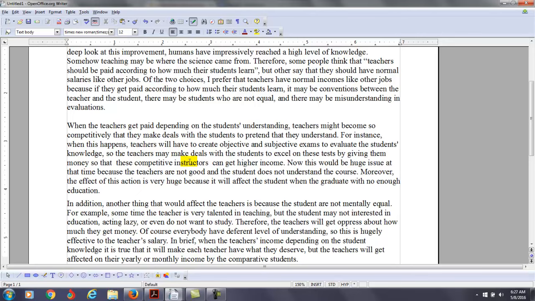Give you a better vocabulary word here, to excel on these tests by giving them money so that these competitive instructors can get higher incomes. Now this would be a huge issue at the time because the teachers